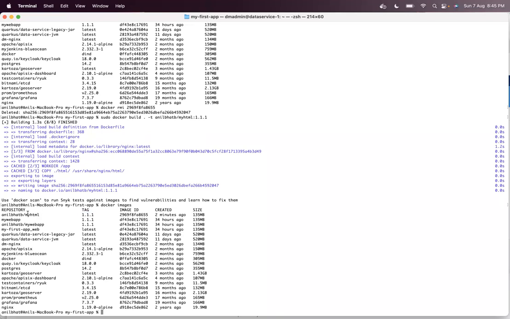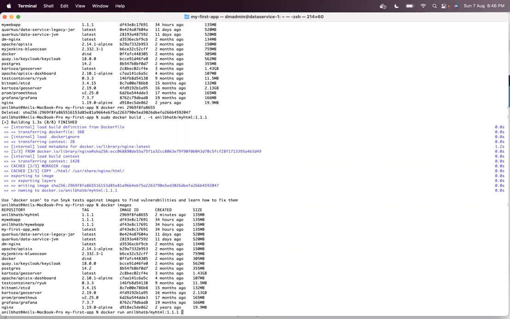Now you can run this particular Docker image. The image is created, but you haven't run the image. You can run the image by saying docker run and the image name. So this is the image name, docker run image name. Probably you want to give the tag name also.